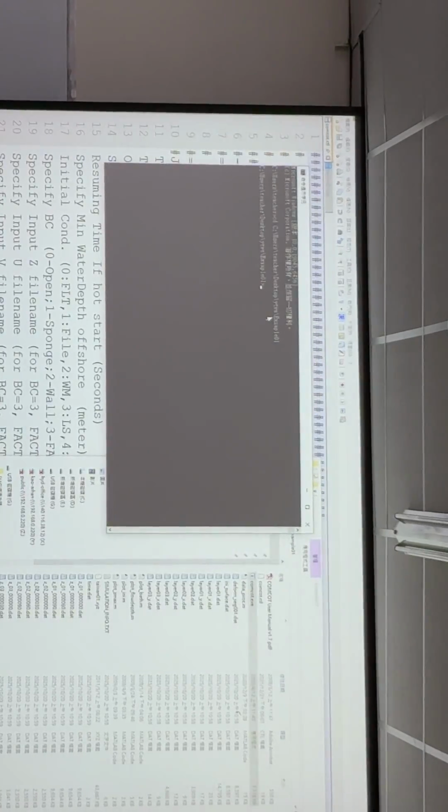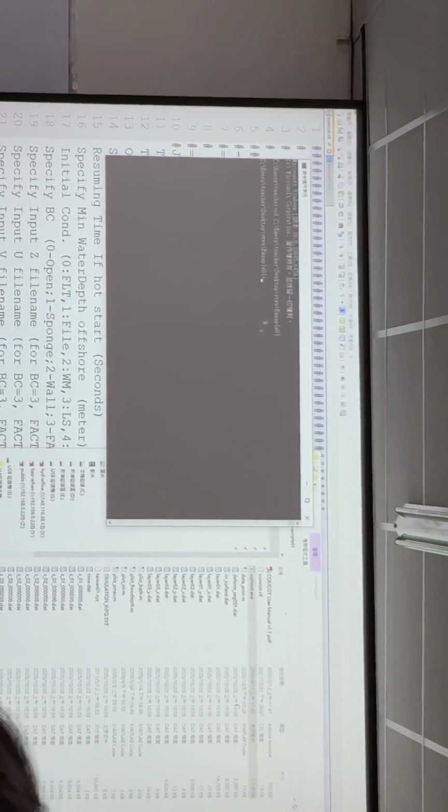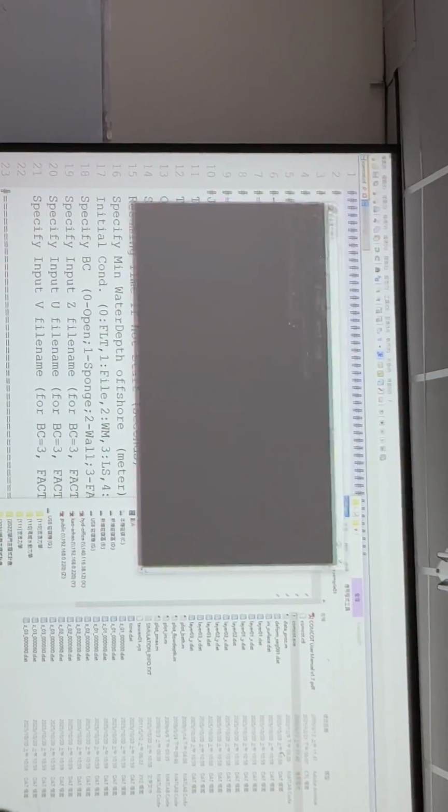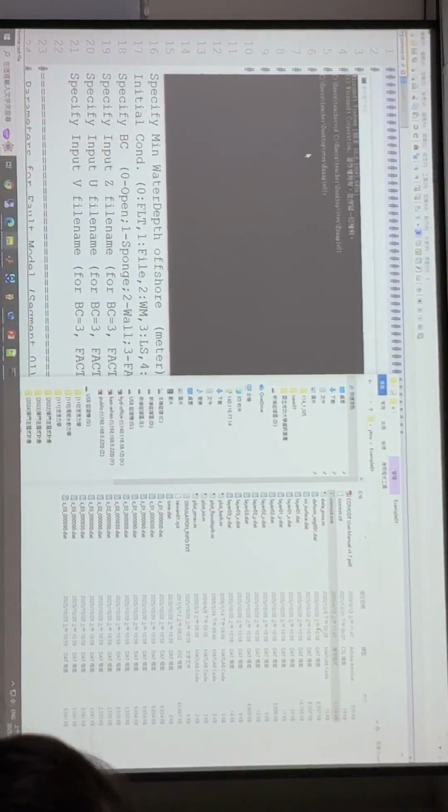CD, and then the directory. Okay? 基本上就换到这个资料夹啊，CD，然后后面就是你看你这个资料夹存在哪个地方。